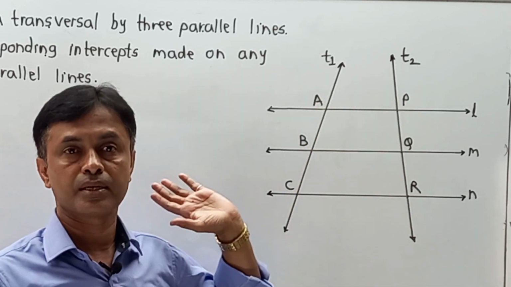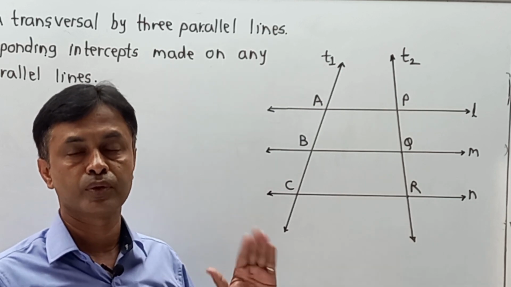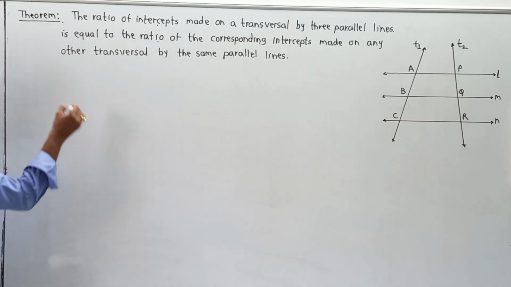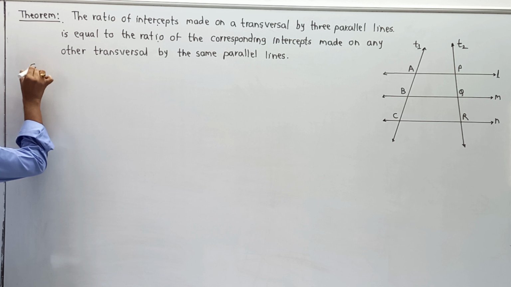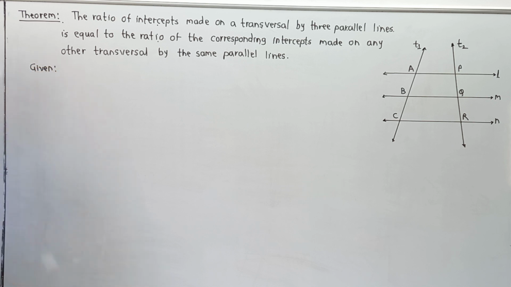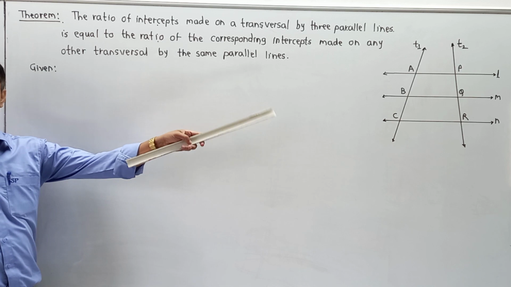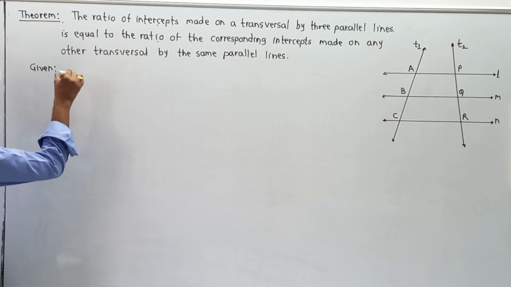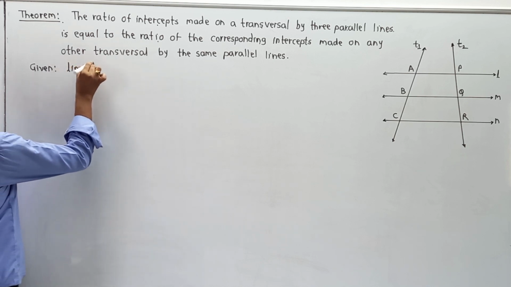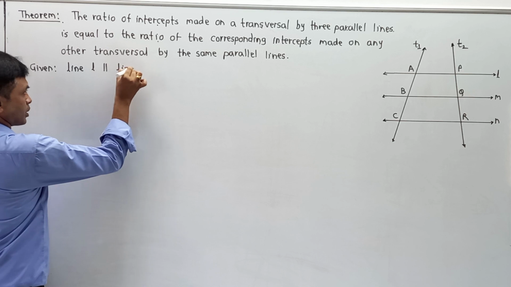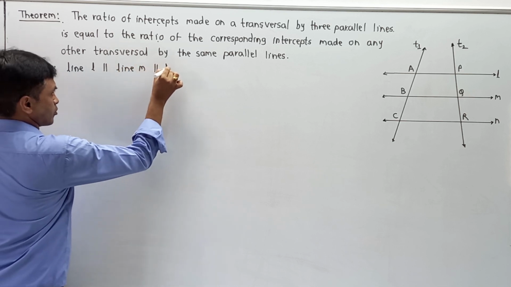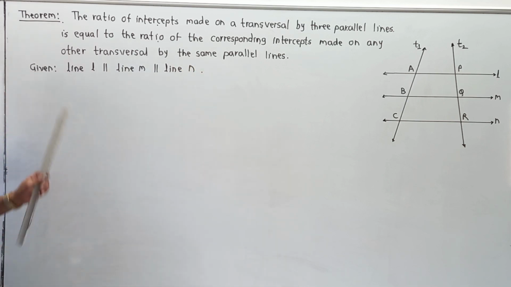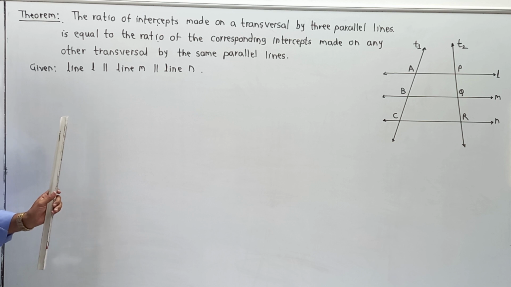So whatever part is given, we are going to write in terms of given and to prove and then proof. So please pay attention to this content over here. First part in terms of given. Here, as per the first structure, student first of all draw a rough diagram in your notebook and then understand the part over here, please. Here they have given line L is parallel to line M, parallel to line N. This is the first part in terms of given.